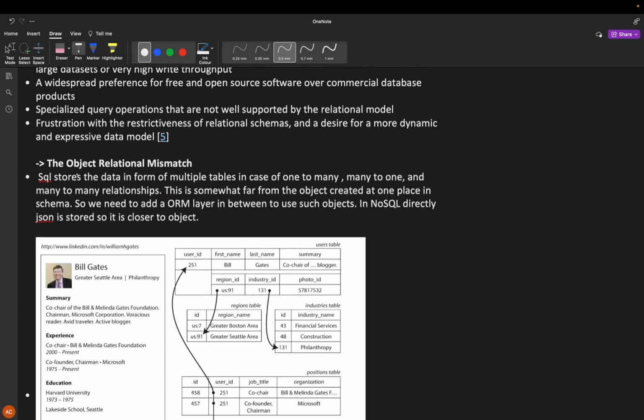So one main issue with the SQL model was that SQL stores the data in the form of multiple tables. In the case of one to many, many to one, and many to many relationships, the data is stored in multiple tables. This is somewhat far from the object that is created at one place. When we create an object in an application, it is at one place. It is represented using lists, so one to many might be represented as a list. Then there are many to one and many to many relationships